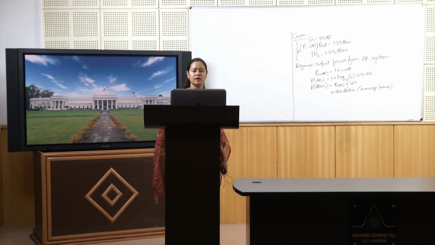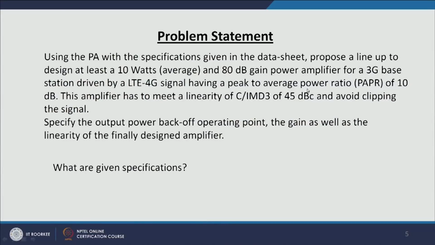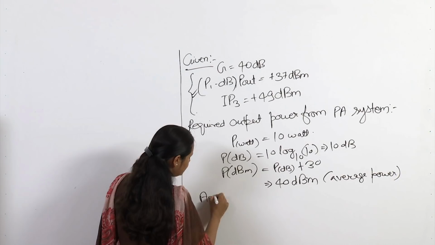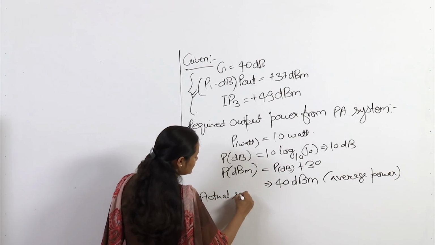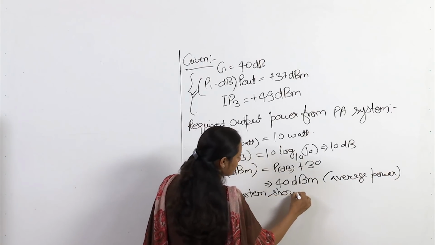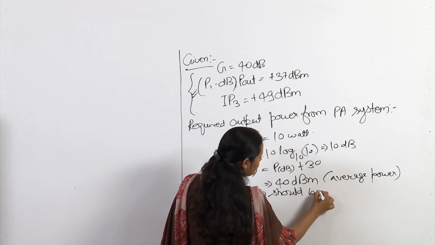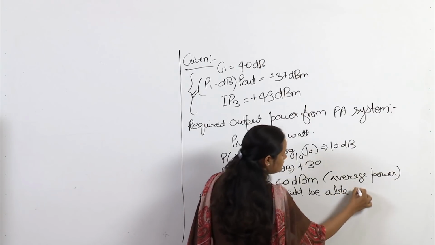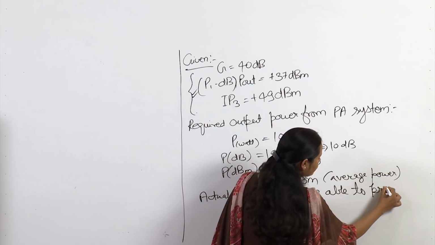Now it is also given that we should avoid clipping of the input signal, and this signal has the peak to average power ratio of 10 dB. So if we do not want our signal to clip, then the actual system should be able to stand or able to provide